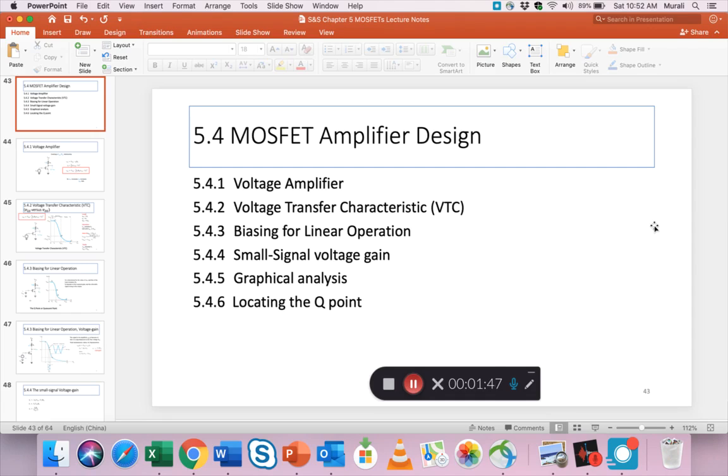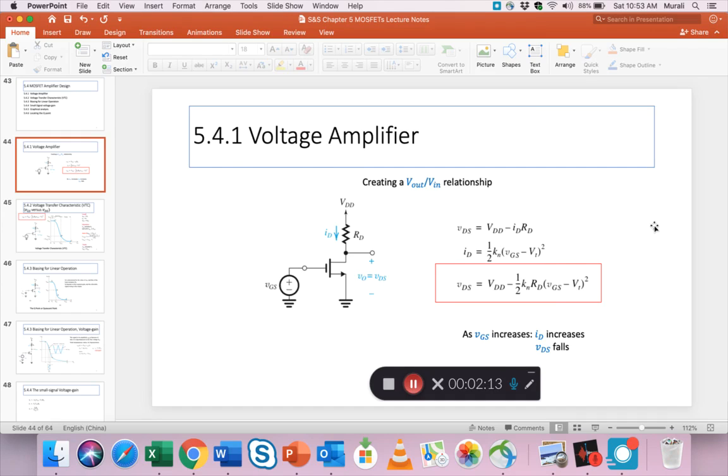If you compare this to the previous chapter we studied on BJTs, you'll find exactly the same listing of topics. Like I said many times before, everything about the MOSFET chapter follows almost parallel to what we did with the BJTs. Okay, so I'm going to move on to slide 44,